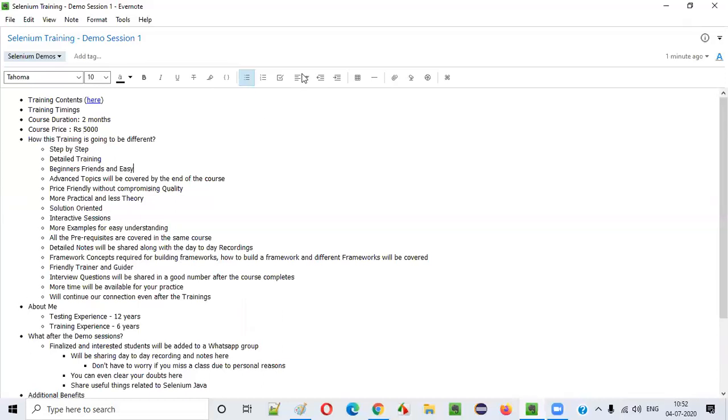I'm not charging 12,000 rupees, guys. Since more people are attending, less price will be good. Even if I get more people, I may reduce the price even more in future. For now I feel 5,000 rupees will be very good.